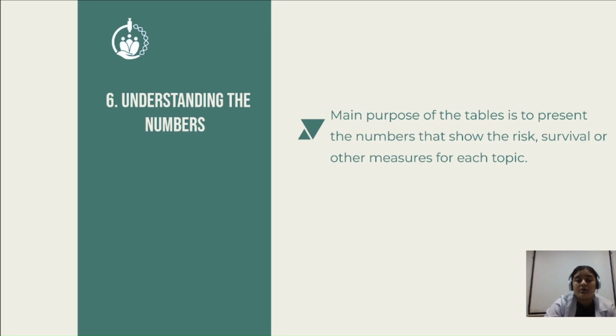For example, if you have 7 studies, 5 of them might be mentioning the risk or the survival and risk ratio, but then there would be 2 that would be mentioning it in a format called the odds ratio. There might be one that might be showing it in hazards ratio or something like that. But that would mean that you would have to make sure that all of these ratios are on the same scale. So if you have risk ratios, you might want to convert your odds ratio to risk ratio and so forth, so that all of your